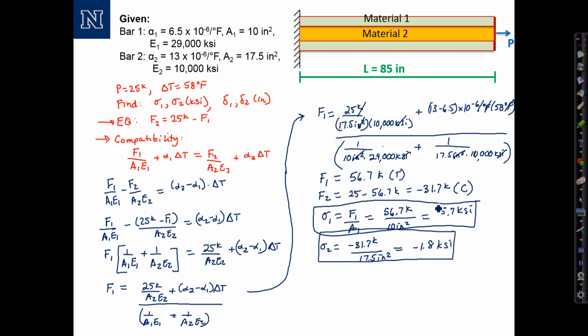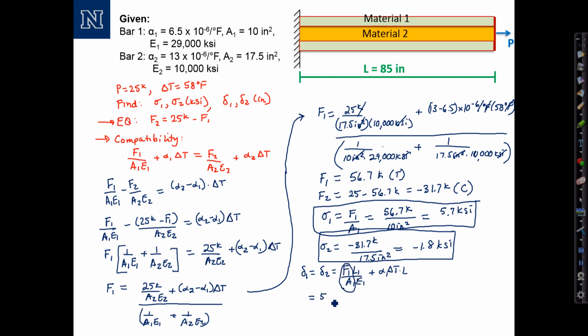Okay, and finally we want to find that deflection, and coming back to our compatibility equation, the deflection in both bars should be the same. So delta 1 equals delta 2. We could use either expression to find it. Let's go ahead and do, for bar 1, F1 L over A1 E1 plus alpha 1 delta T times L. And punching in our numbers here,